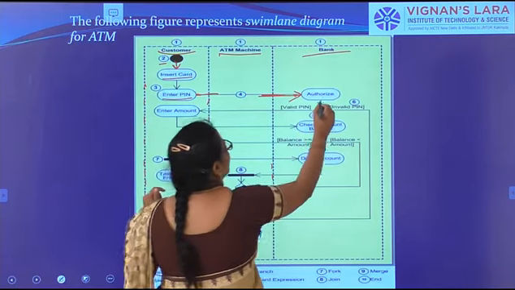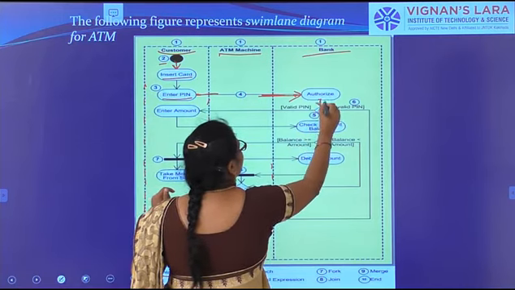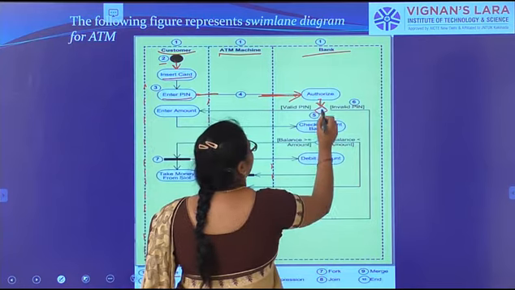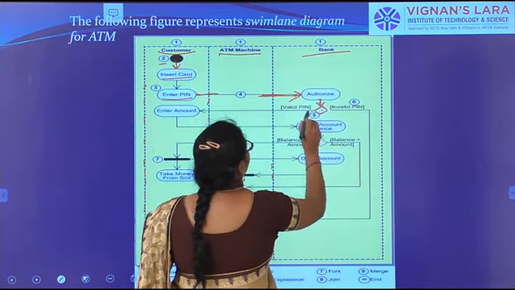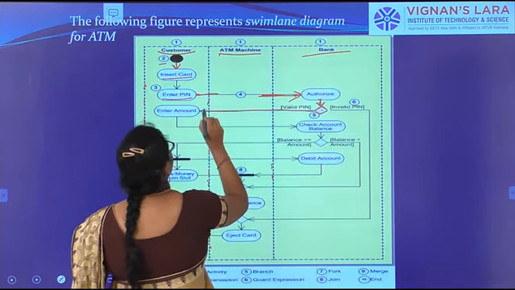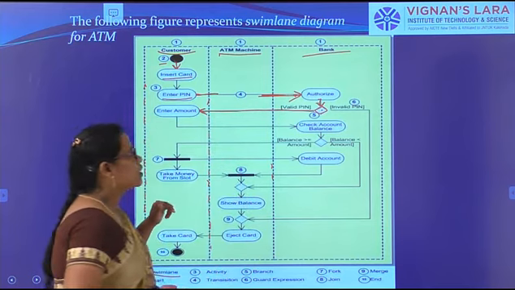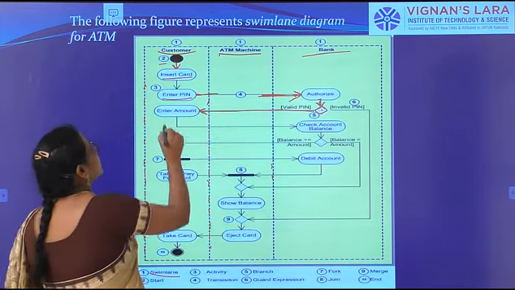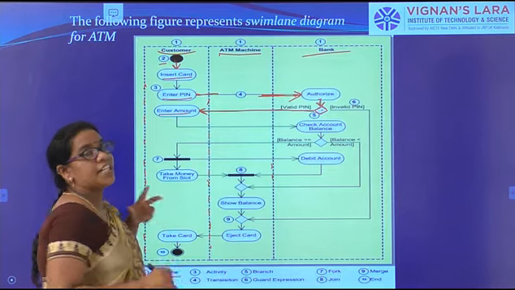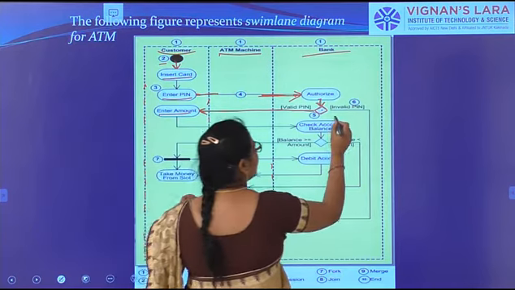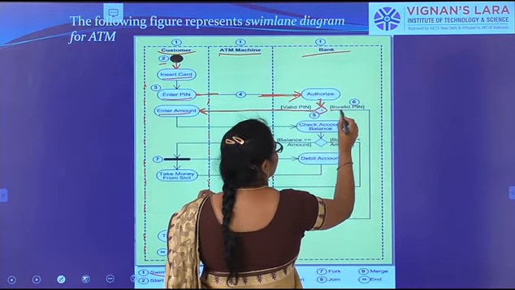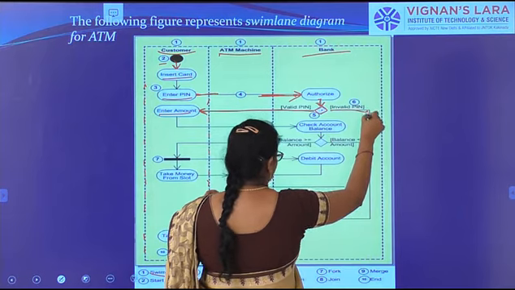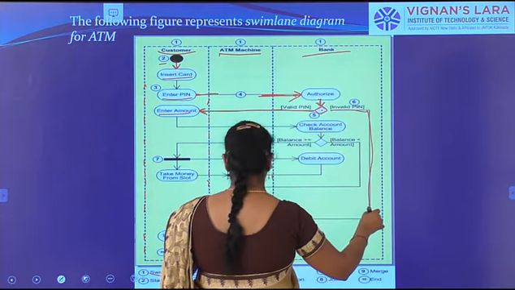Okay. So here the authorization, how will it be done? Here the decision making will be there. So, a rhombus. If it is a valid PIN, it again goes to the customer, and it asks them to enter the amount. If it is an invalid PIN, whatever PIN they entered is an invalid one, then in the database itself it will go for some loss.